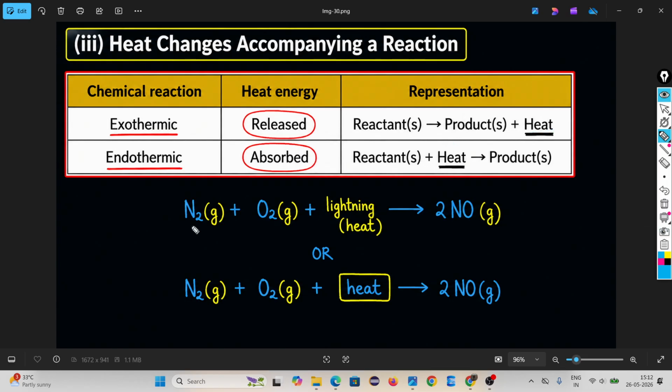Look, there is a reaction. This is nitrogen. Nitrogen is a non-metal. When nitrogen reacts with oxygen,